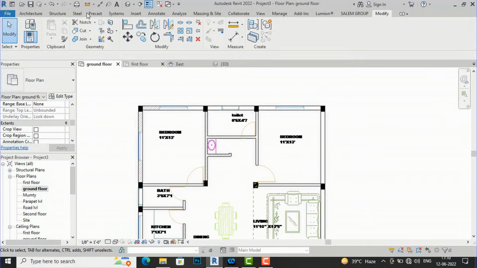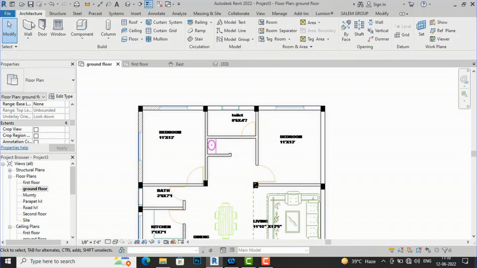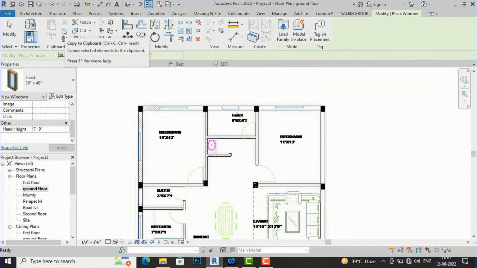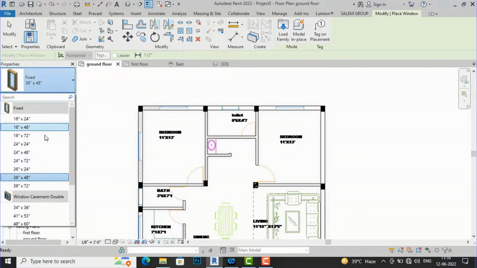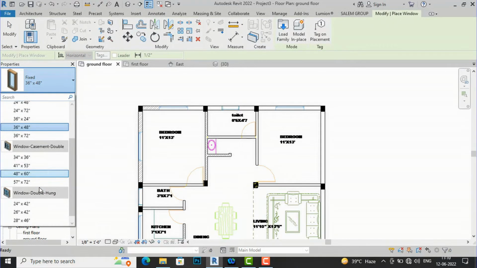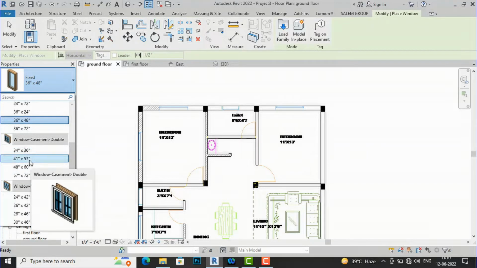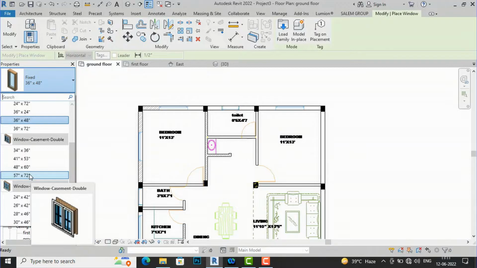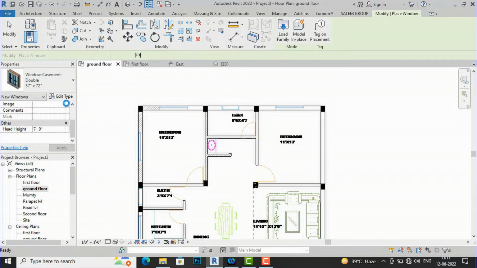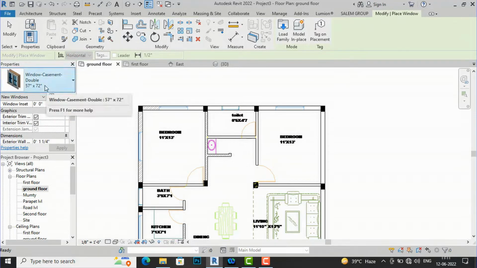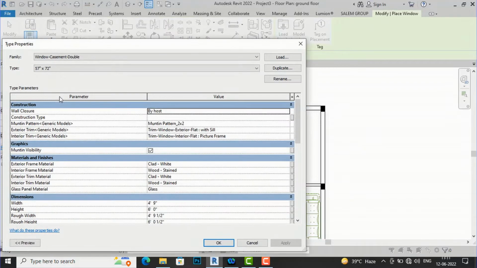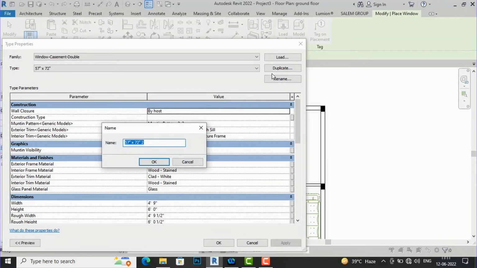So I am going to my window architecture. I will go to window, and then I'll go here and select 5 feet window. It's not there, so no worries. I'm going to edit here. I'm going to take this one and I will go to edit. I will create a duplicate and I'm going to create a 5 feet window,